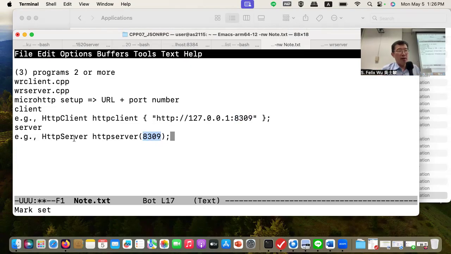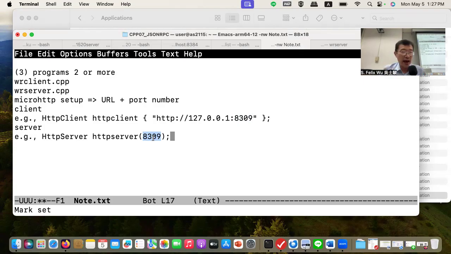Because for this server, wherever you decide to run this program, that particular machine must have an IP address and must have a web portal for you to come in. Therefore, when you set this up, it's enough, because when I'm running the server, I already have the first part, the URL part. The only part I need to say is, hey, I'm on this machine, accepting whatever requests come toward this particular port